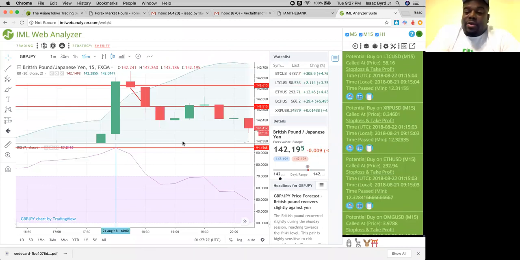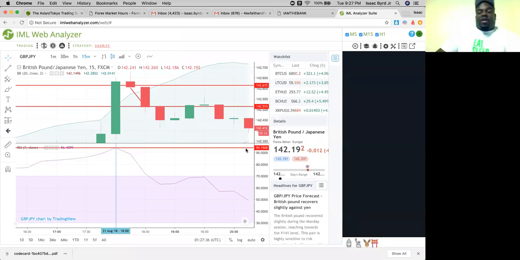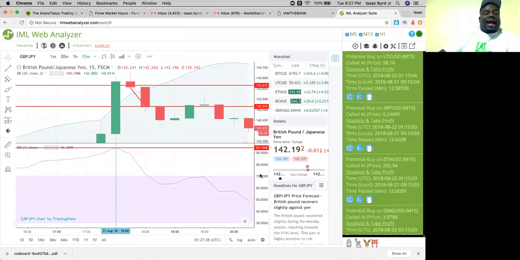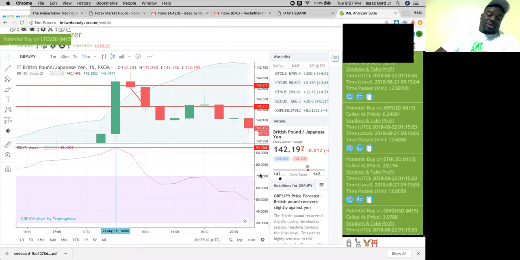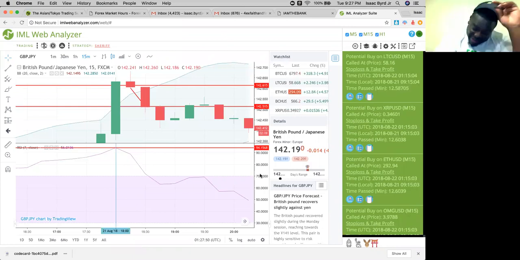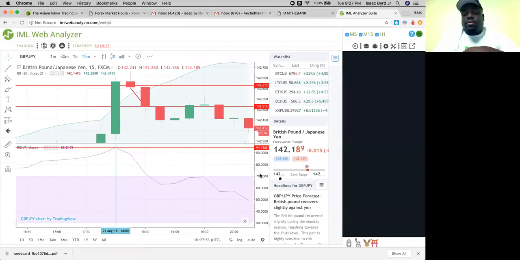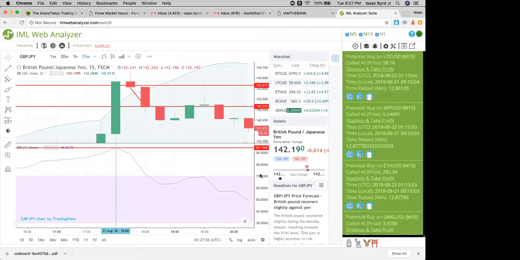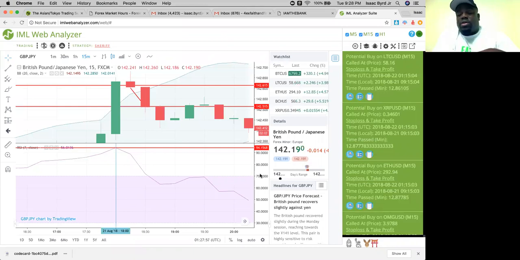Absolutely, and I totally agree. The one thing you want to do too is, I don't enter a trade if it's right at 70. I'm real big on 72 and above. Those have been the most successful. If it's not 72 or above, I'm not touching it. That's a big deal. And vice versa: when it's 30, I don't even touch it for a buy. I'm like 28 and below.